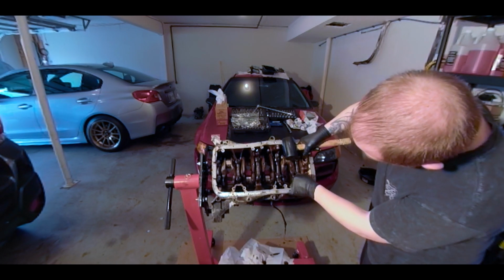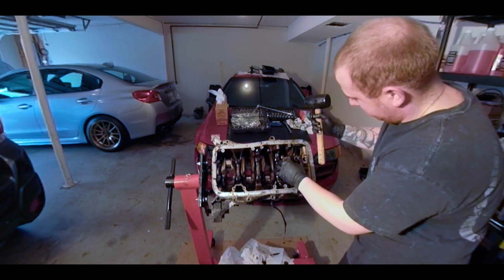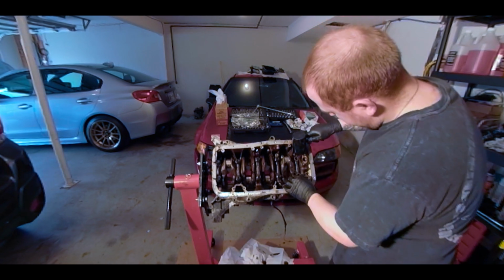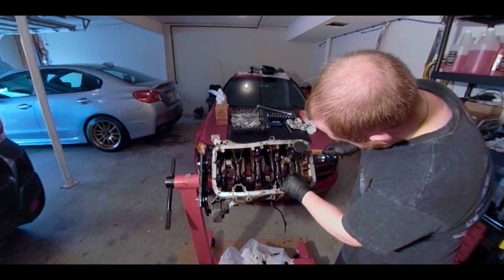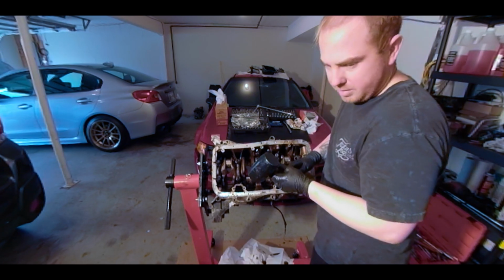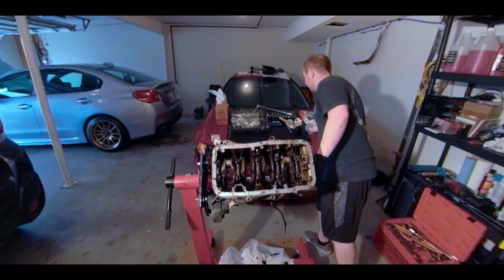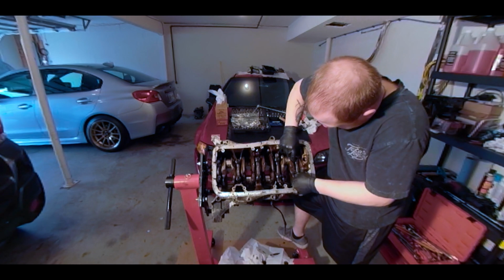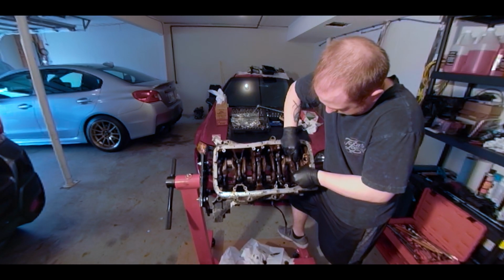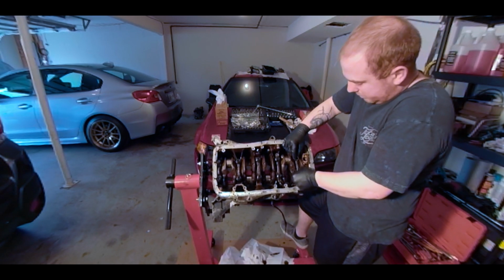So yeah, kind of works it side to side. Let's see if I can get it with a handle maybe. No. It's kind of coming. I don't know where to put it. Well, it's working side to side, but it's not coming up. So we'll see